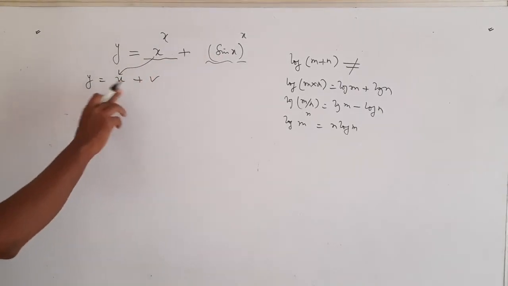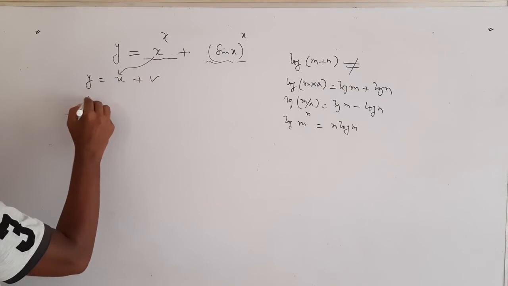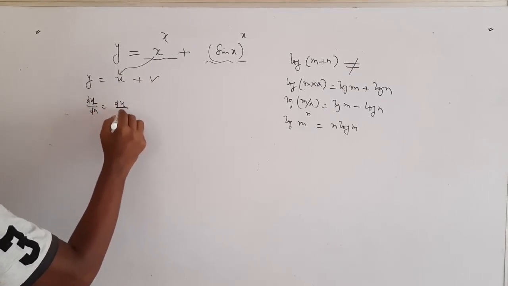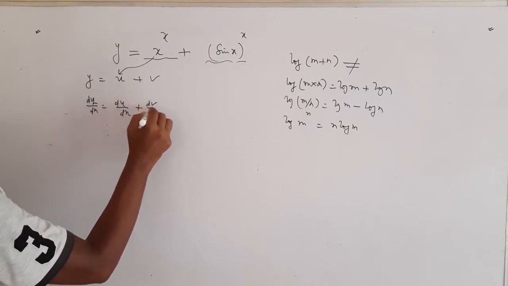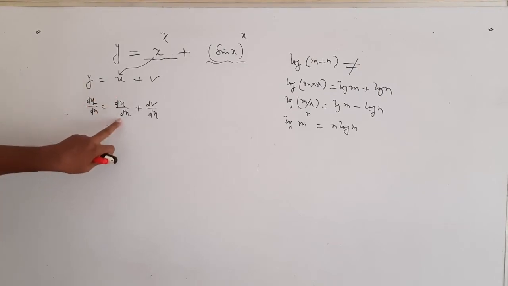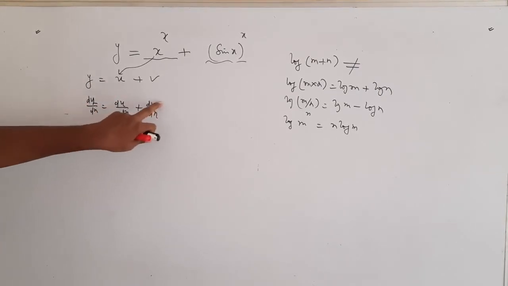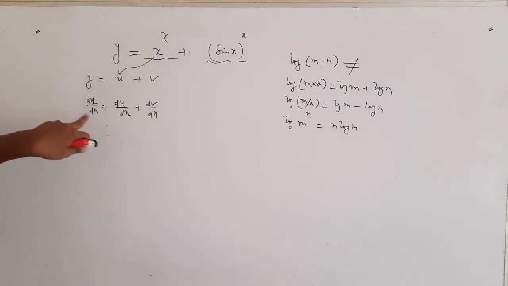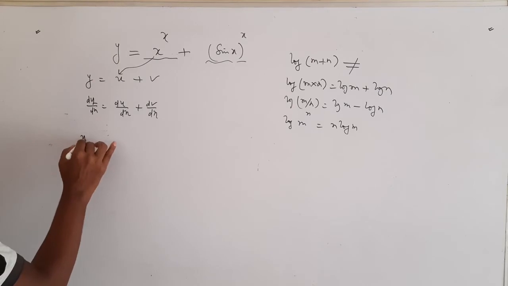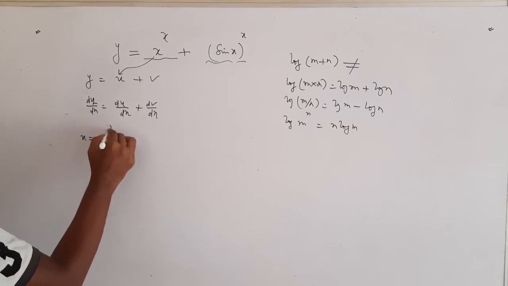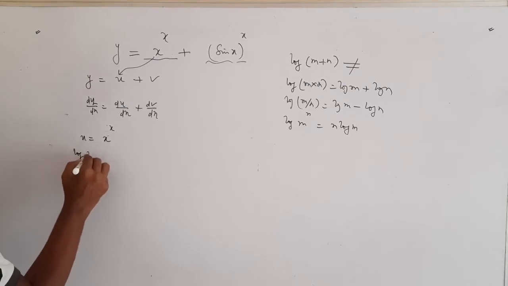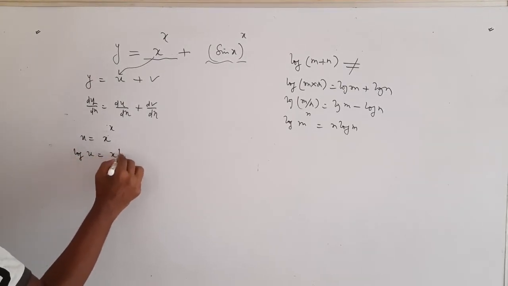Now if you differentiate this with respect to x, then you find dy over dx is du over dx plus dv by dx. Means if you find the differentiation of u with respect to x and of v with respect to x, then you add up these two, you'll get your dy by dx. Now this is what we are going to do. We'll take this one as it is, like u is x to the power x. Now here I can take the log easily. So this becomes log u is x log x.